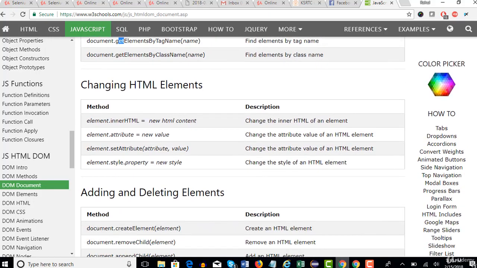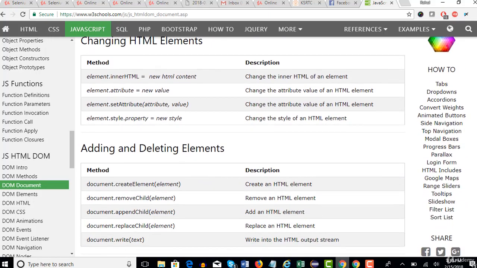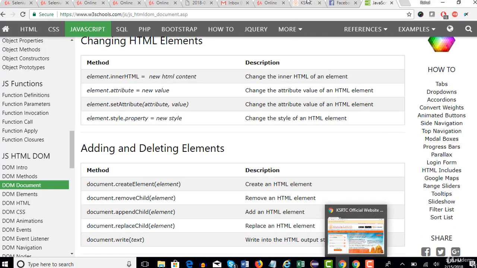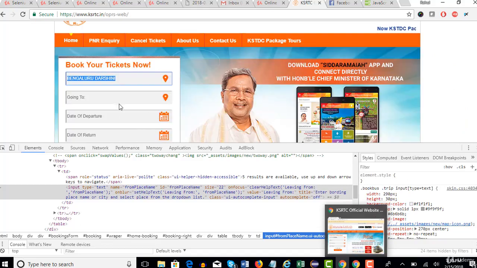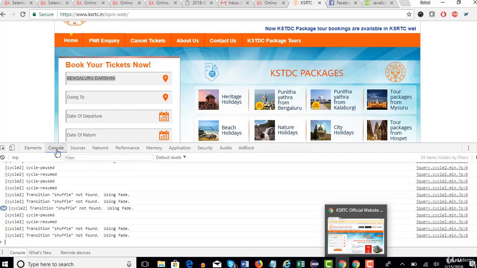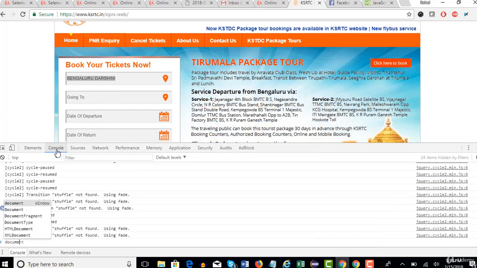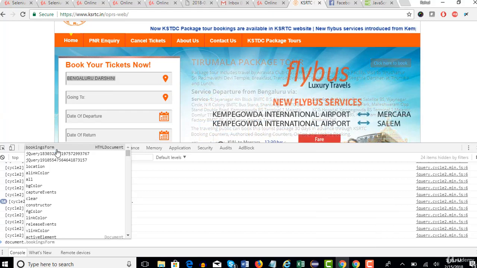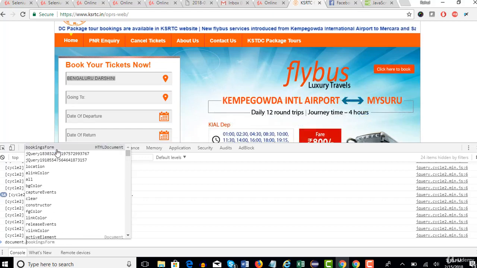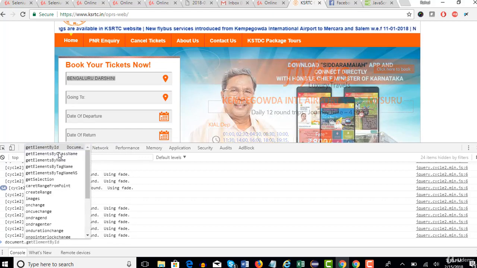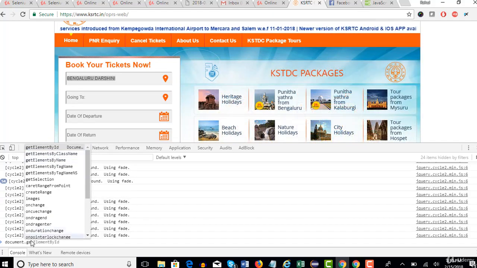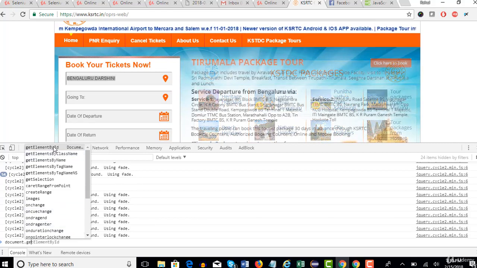So dot value will bring the value which is present in that object. Okay, nice. Now let me go back here. Bengaluru Darshana is in our option, right? Click on console. And here I would say document dot find. You see that it provides us, okay, so not document dot get element by ID. All the browser tools by default support this language, just like Eclipse. When you say document dot, everything comes here. Get element by ID.